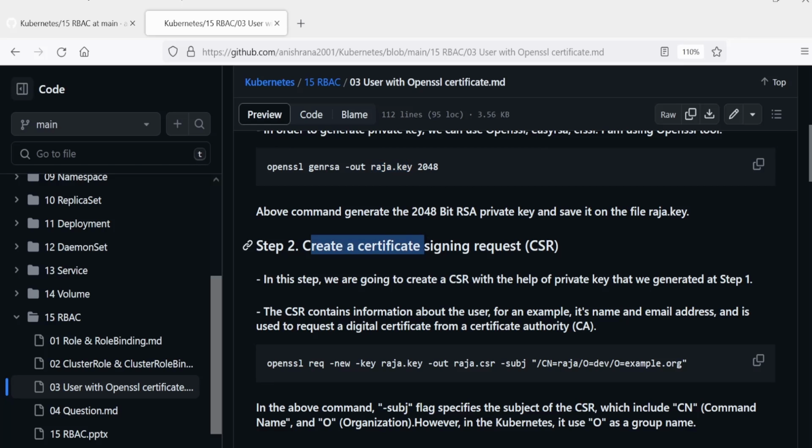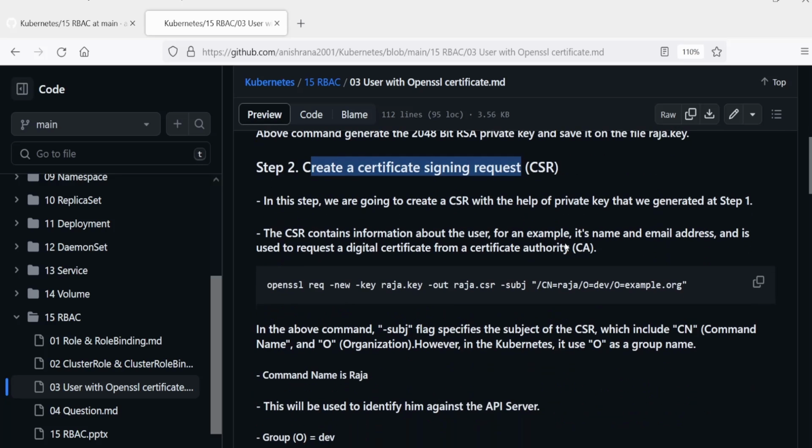And step 2, create a certificate signing request, short form CSR. In this step, we are going to create a CSR with the help of the private key that we generated in step 1. The CSR contains information about the user, for example its name and email address, and is used to request a digital certificate from the certificate authority, CA.